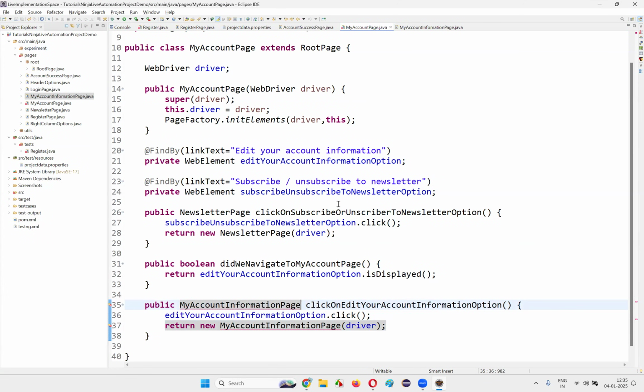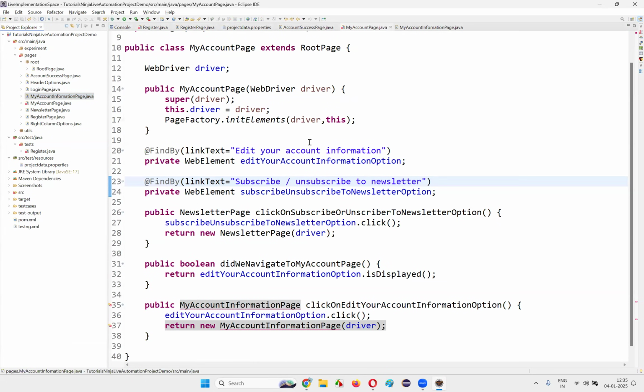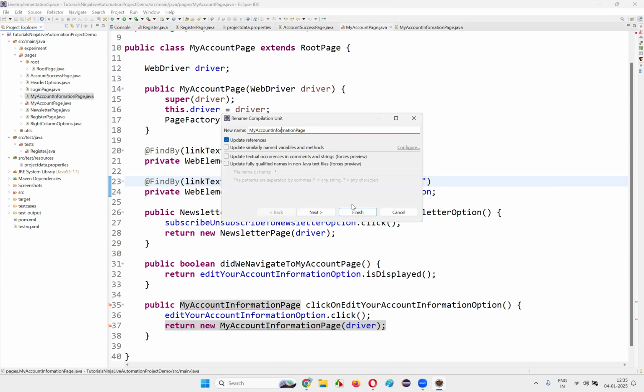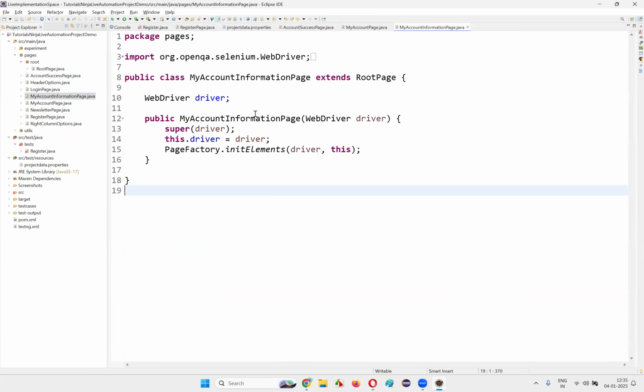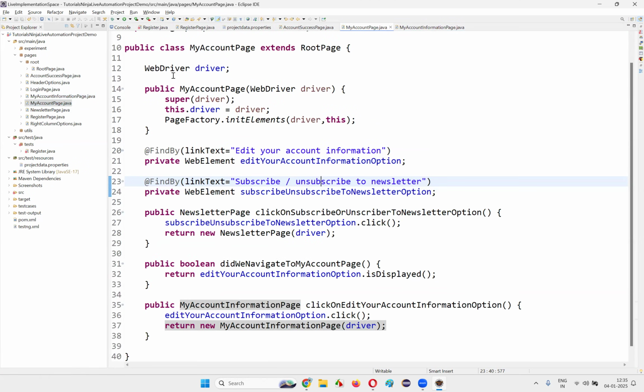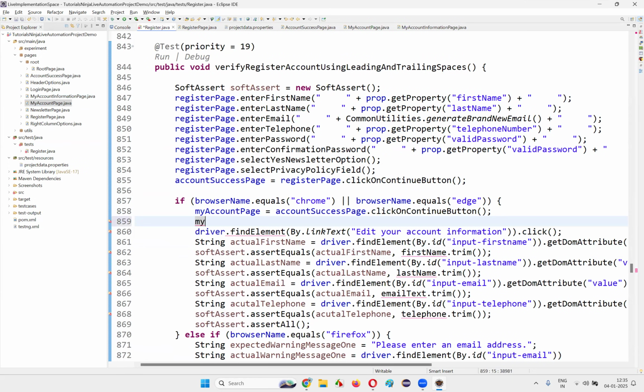Now save this, control shift O. Okay, what's the problem here? My account information is there. Rename, refactor rename. There's a spelling mistake there. Information. Finish. My account information, everything is good now. Now I am able to return the object reference of the my account information. All good now. Okay. So come back here and here I'll just write down my account page dot click